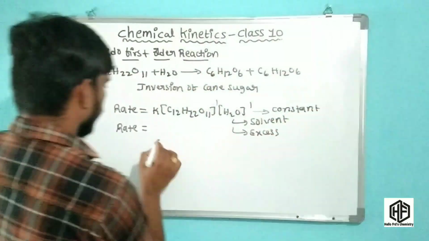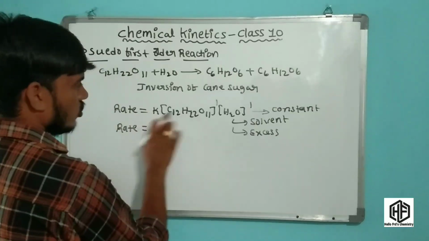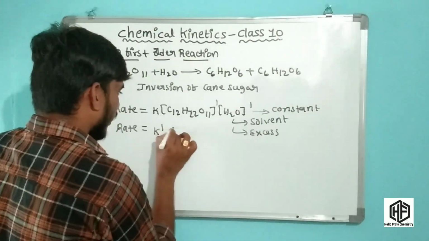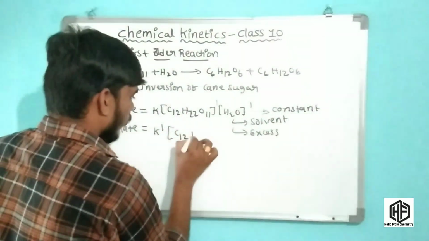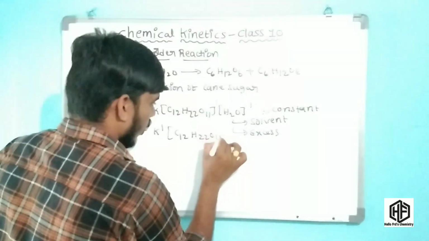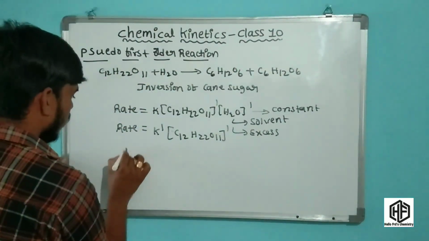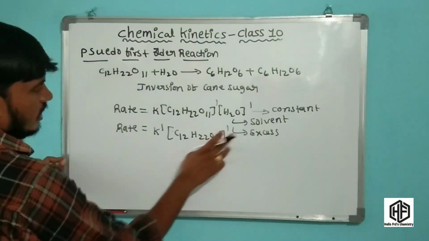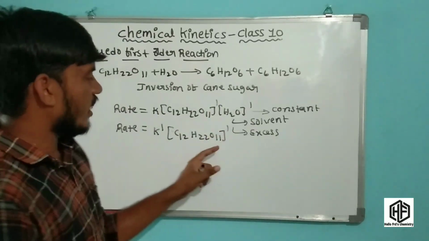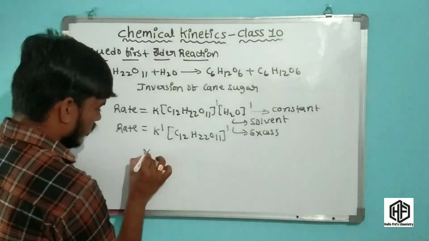Water is constant in this reaction. Now what happened, friends? This is also constant. K dash into C12 H22 O11 power 1. Now the rate of this reaction is 1. It means the order of the reaction is 1, and the molecularity of this reaction is